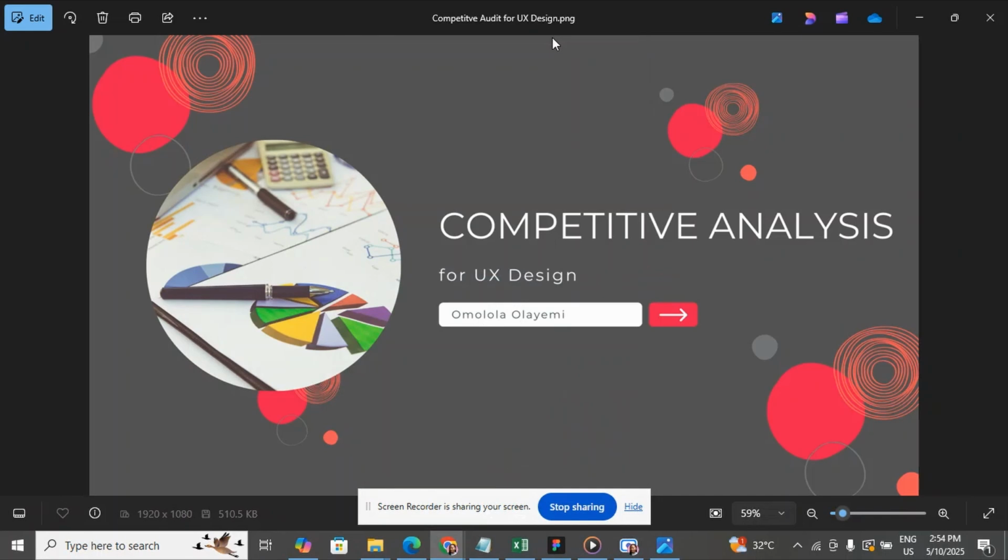Today, I want to discuss competitive analysis, sometimes called a competitive audit, for UX design. I'm not focusing so much on Figma today. When we're tasked to design a website, an app, or anything, even when our clients seem to know what they want, many times they know it from their point of view. It is our job to ensure that whatever we're giving them